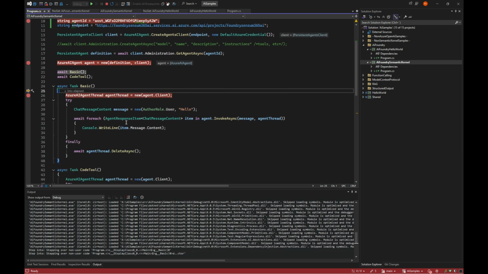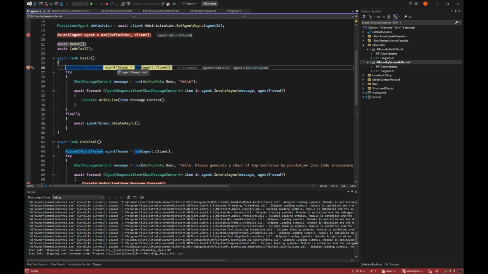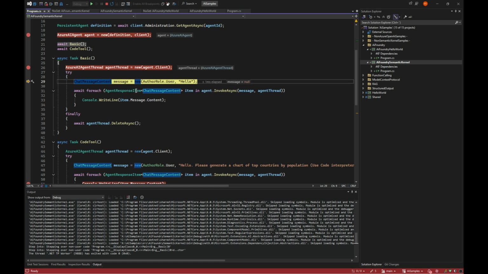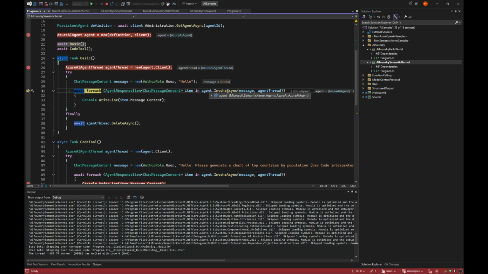And then we could go in and say we want a new agent thread, which we just new up. So they behind the scenes make the create thread and stuff. And then we can use what looks like the normal agents in semantic kernel, where we can just use the normal chat methods and say agent.invoke with the methods, and the only thing is we need to give the agent thread.